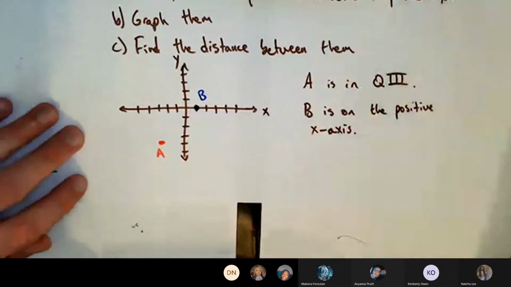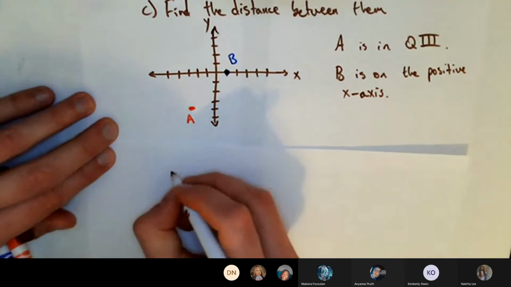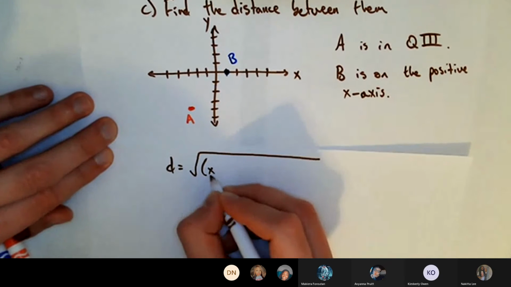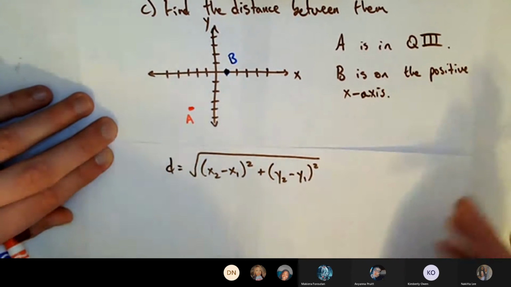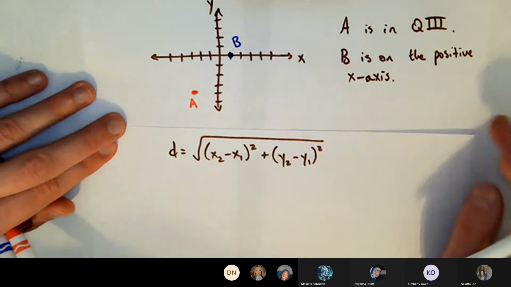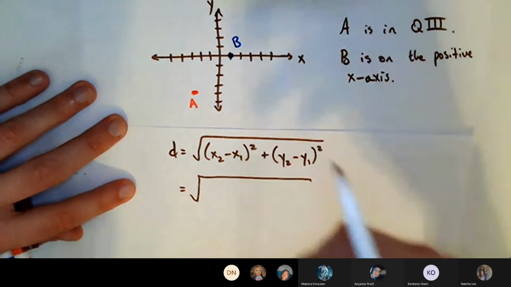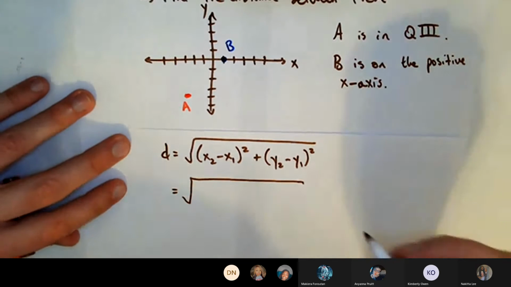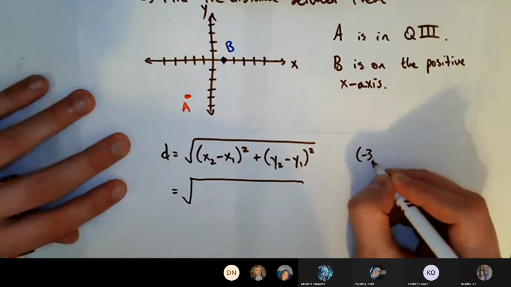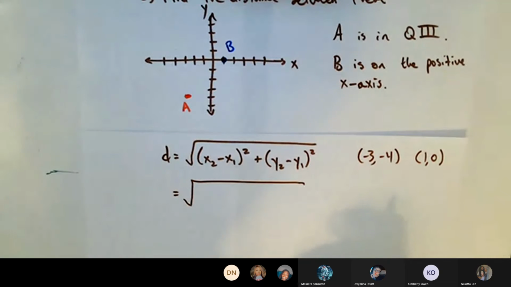All right, now the real part of this problem, the tricky part, or the more involved part, is finding the distance between them. Real quick, rewriting the formula just for our convenience. Okay, so when I plug this in, the first thing I need to do is pick which is going to be point 2 and which is going to be point 1. So what I mean by that is, if I have point A is (-3, -4), you might find it helpful to do something like this, to label them up above